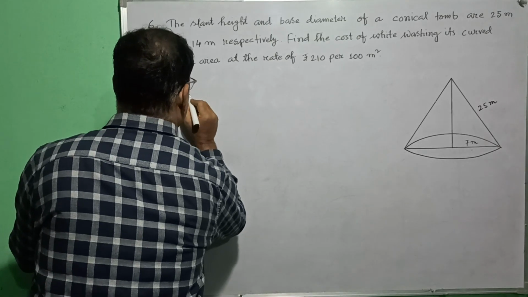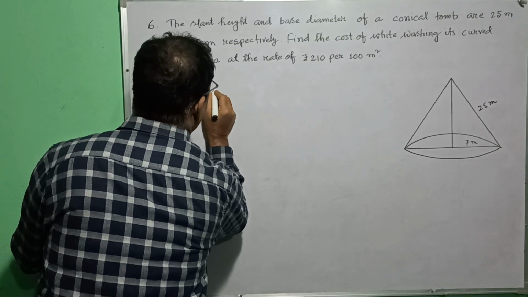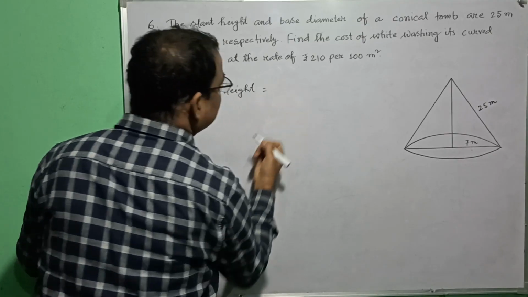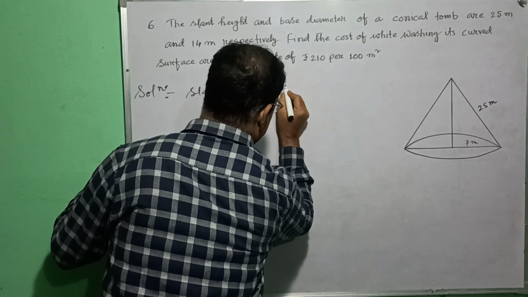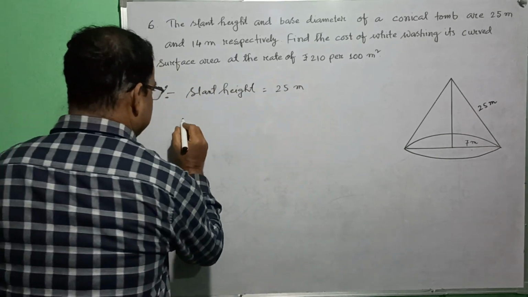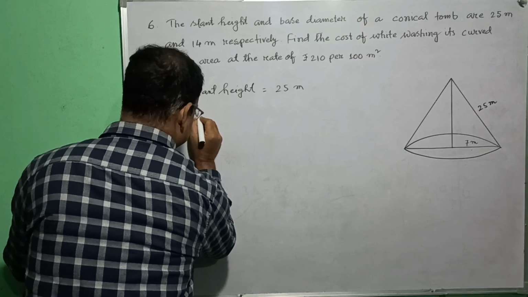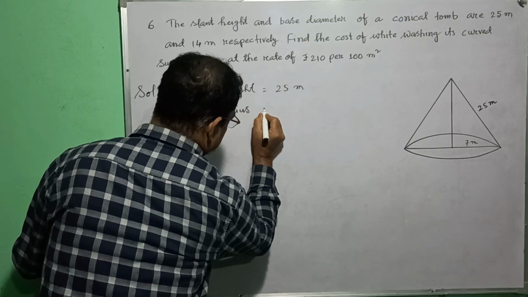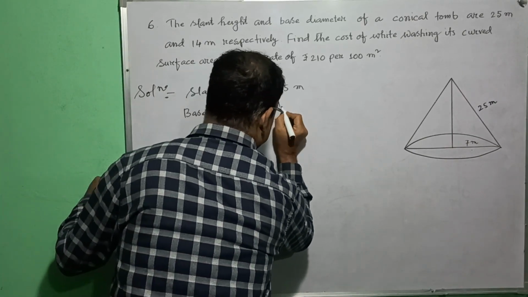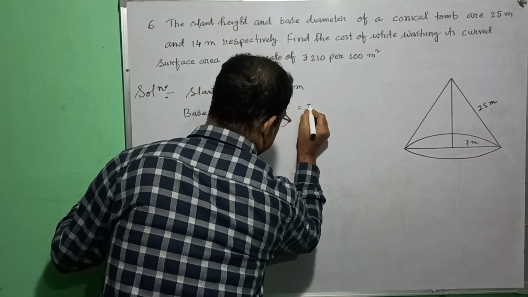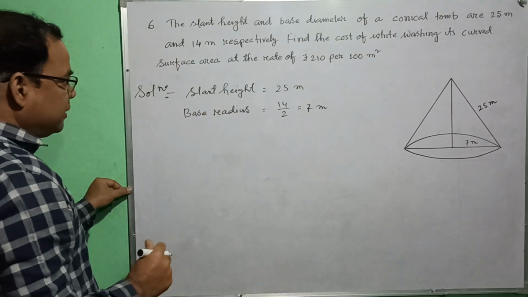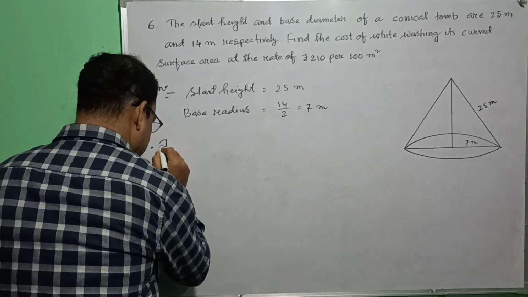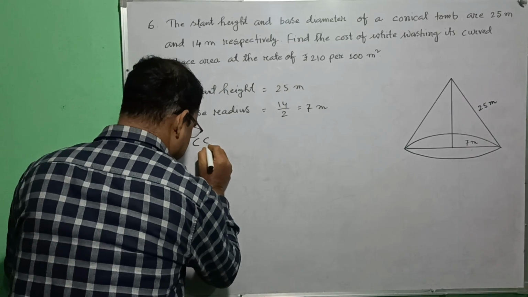We can write slant height equal 25 meter, then base radius equal to 14 by 2 equal to 7 meter. So radius also we got, and slant height. Therefore we can write, therefore the curved surface area CSA